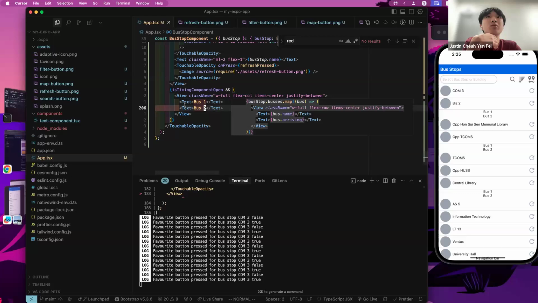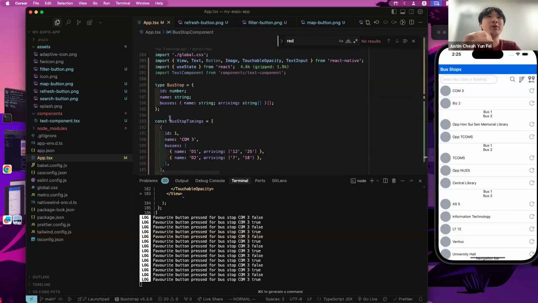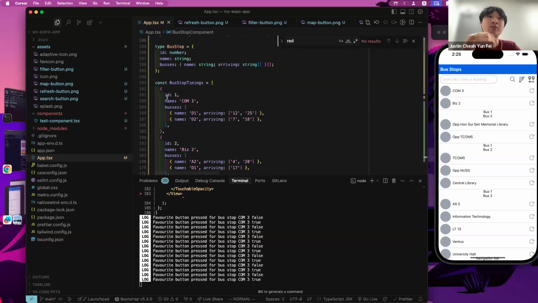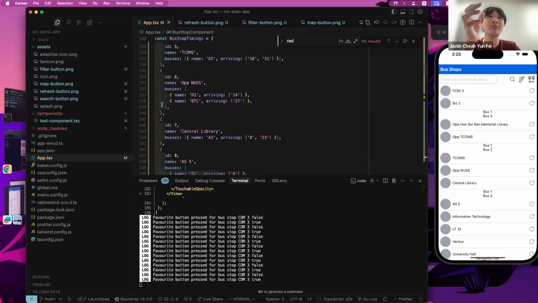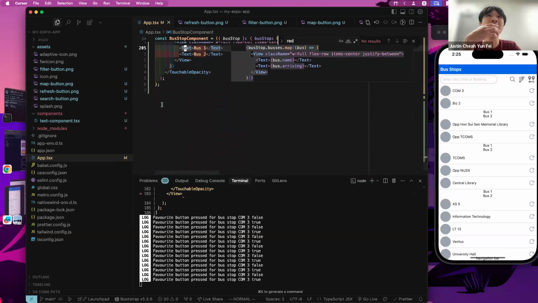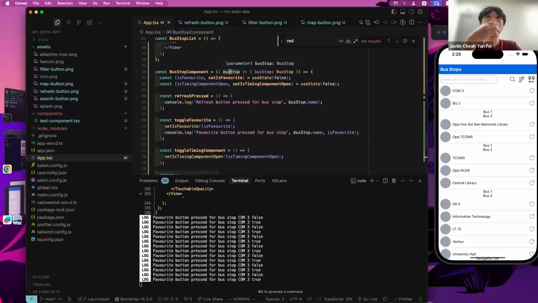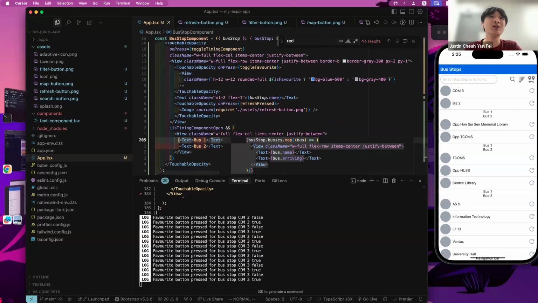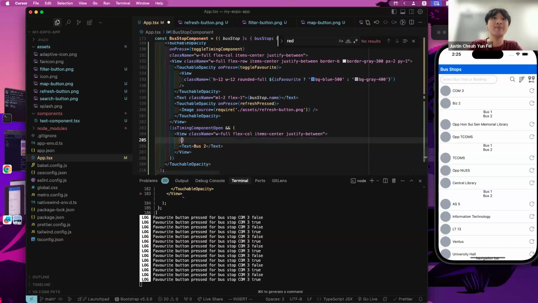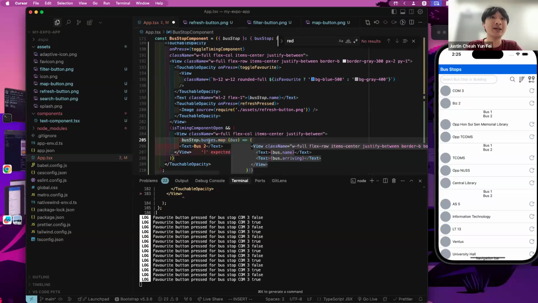But remember that we already have the information of the bus stop here, within the data that we pass into the child component. So each bus stop component has a bus stop. Instead of doing this, we can just map the buses